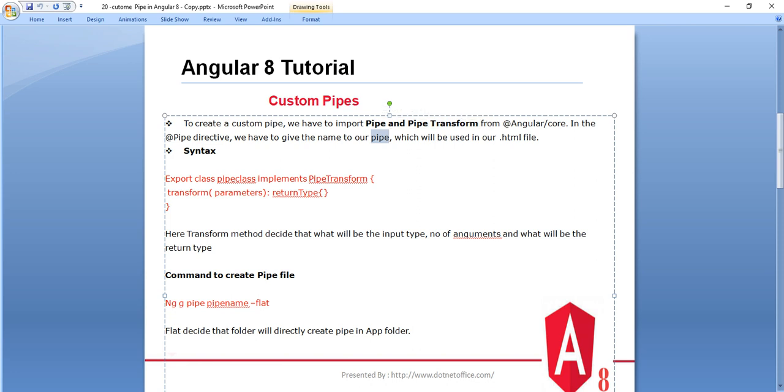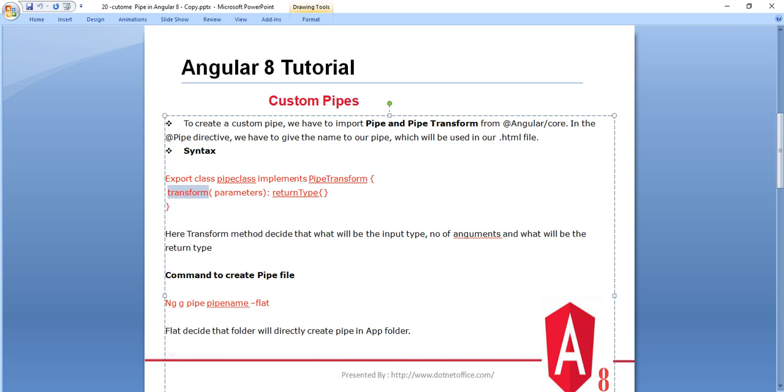When we create a pipe, it is created with a method called transform. The syntax is: export class, pipe class implements PipeTransform, and then transform. This transform method takes some parameters, which we can choose as per our requirement, and it has a return type.